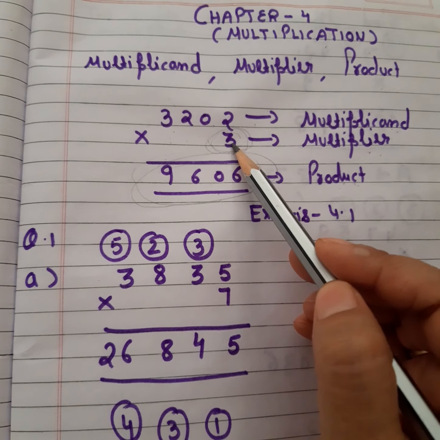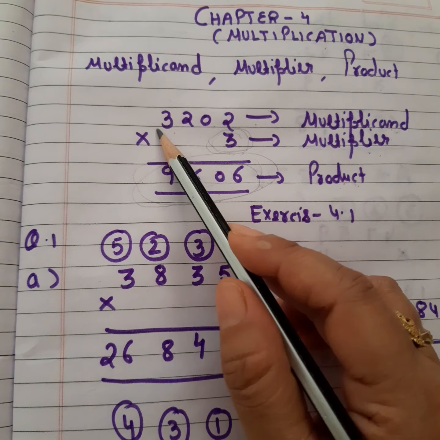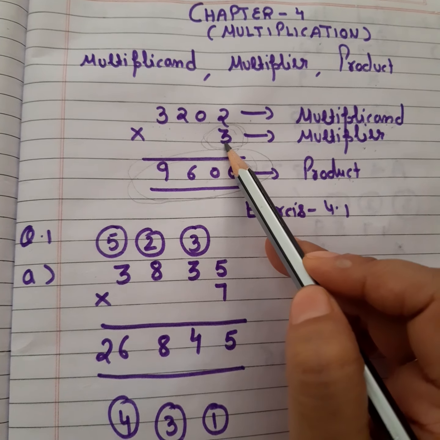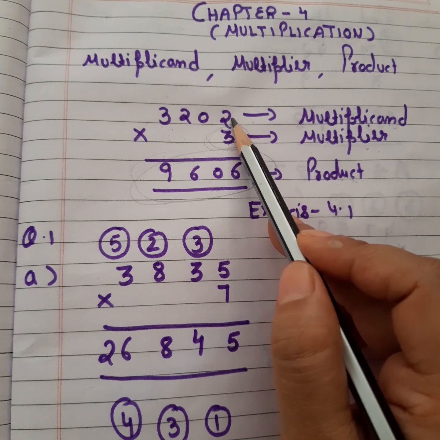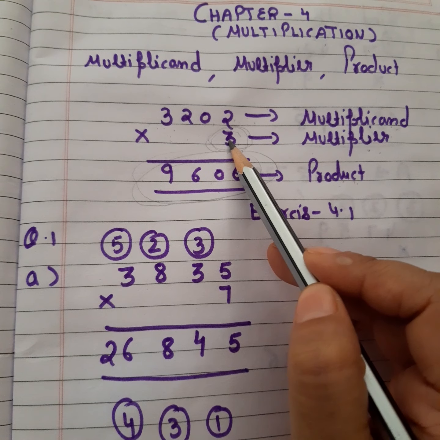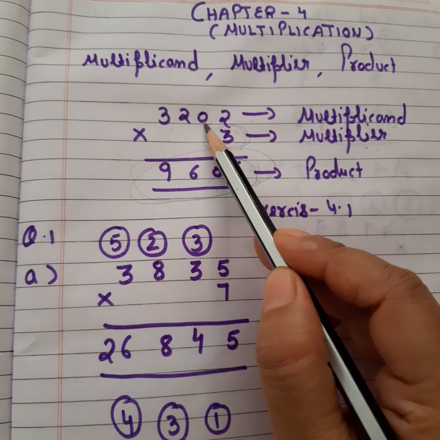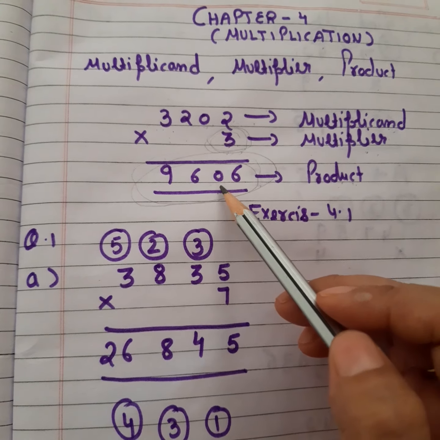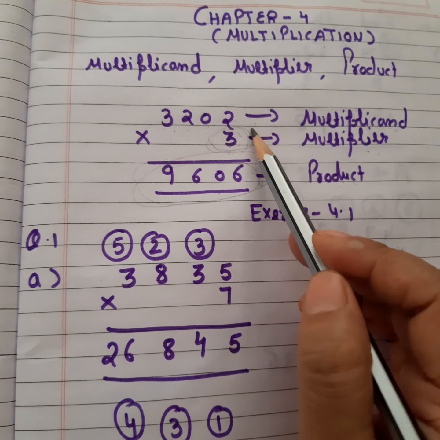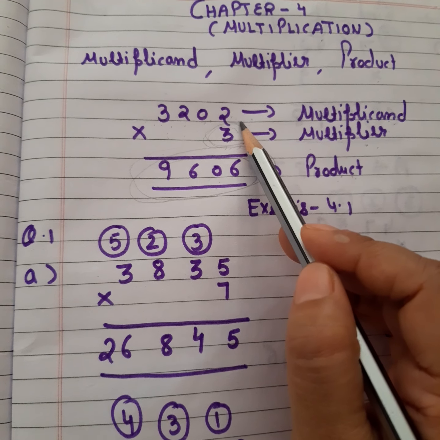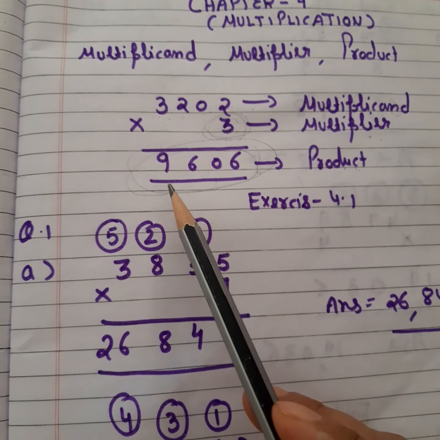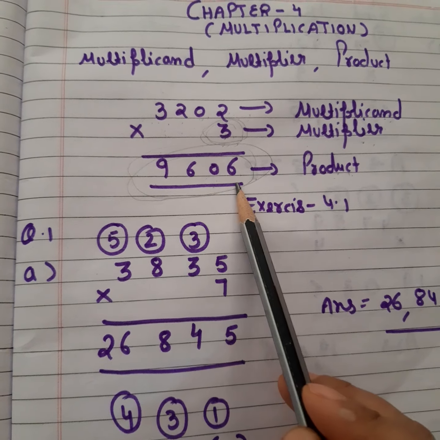So this is your 3 here, so I am going to multiply 3202, that is the multiplicand, with the multiplier 3. Start with the ones place. 3 2s are 6. Then I have to multiply the multiplier 3 with the tens place of the multiplicand, that is 0, then 3 2s are 6, and 3 3s are 9. You have to start with your ones place and go to the places ahead of it. So my answer after your multiplication is 9606.